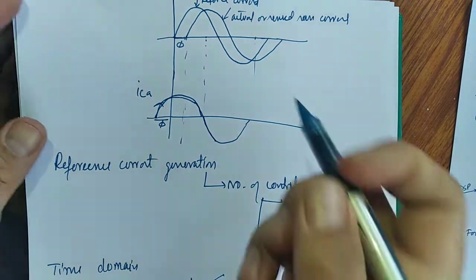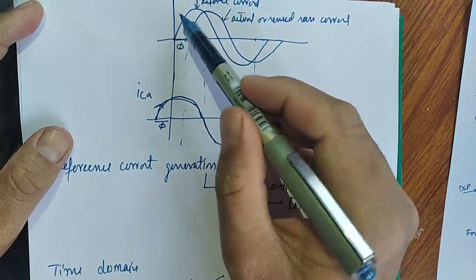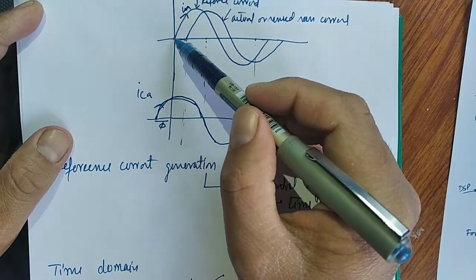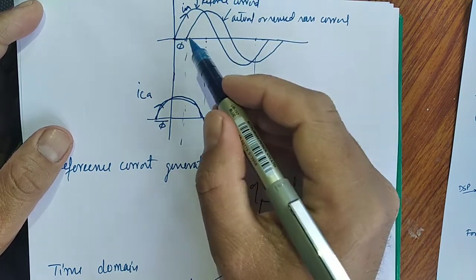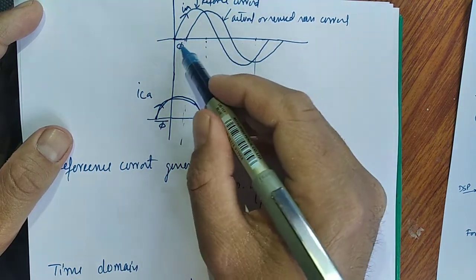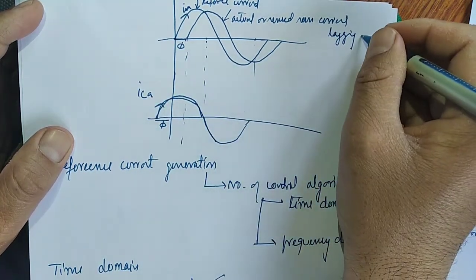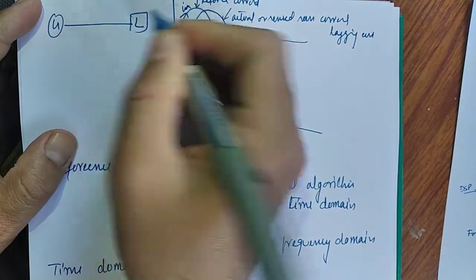You can see here, if we have a lagging load, let's suppose this is the reference current, this is the source current, and the voltage is also the same. They both have phi equal to 0. This is the actual load current after phi, the lagging load current. The grid current and load current will be the same without a compensator.